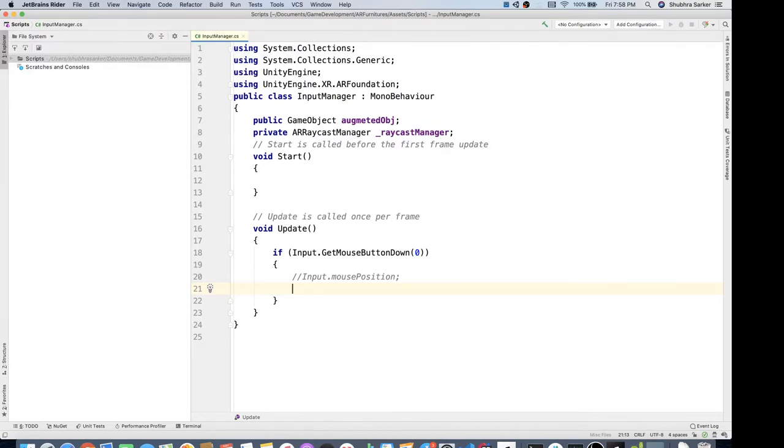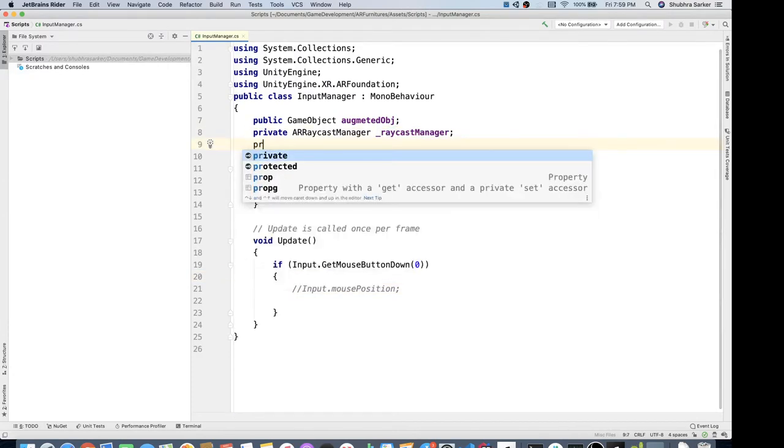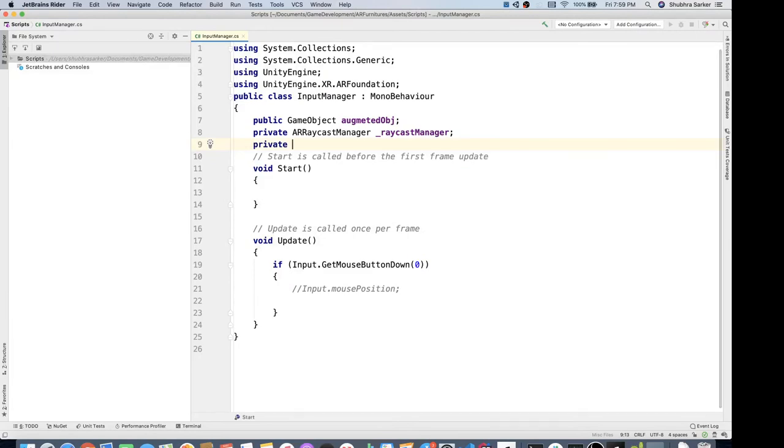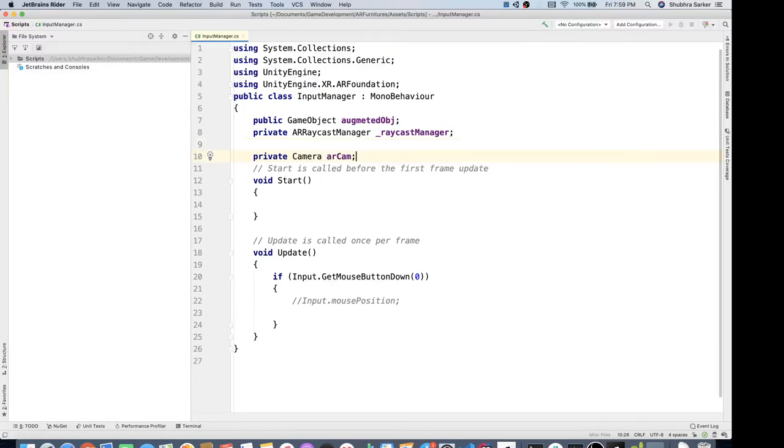So that means we next need a ray, and like I said, we are going to throw a ray from the camera to the location where the user has clicked on the screen, and then we're going to pass that ray to our raycast manager. So let's see. We are also going to need a camera, because we're going to throw the ray from the camera. So we'll create an AR camera,